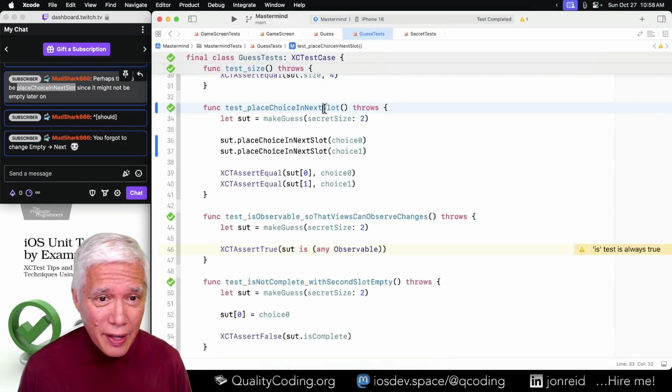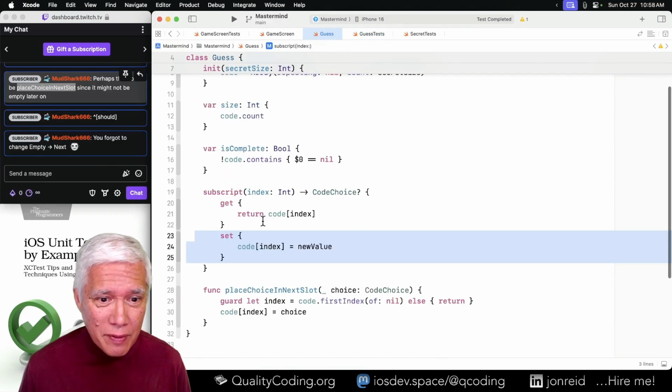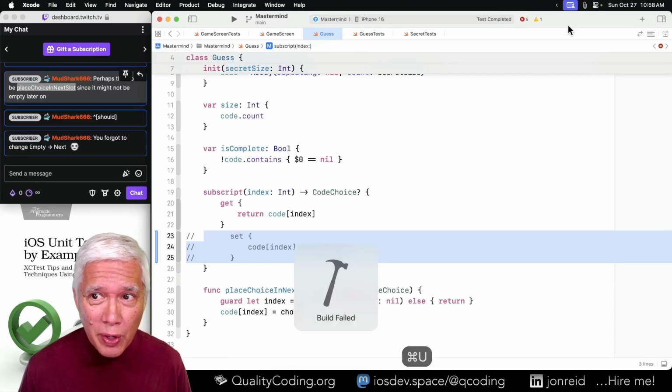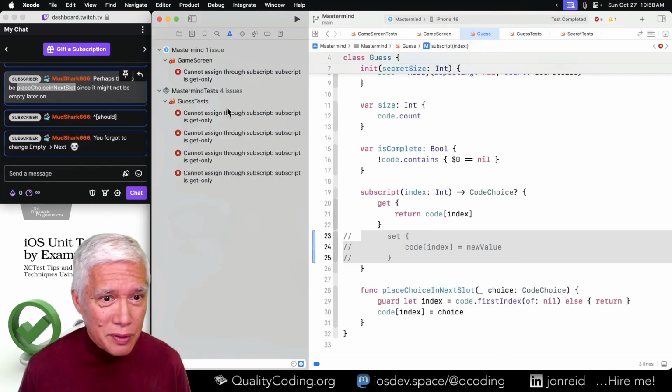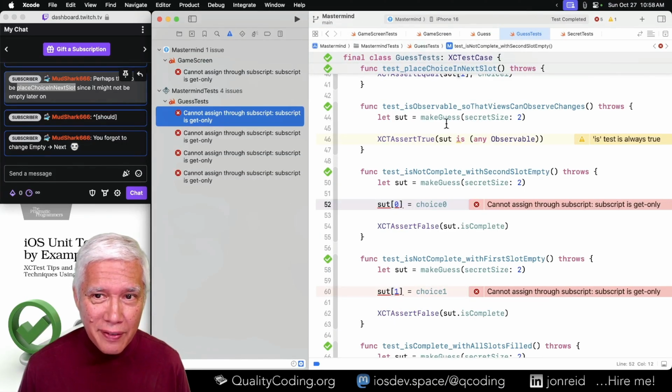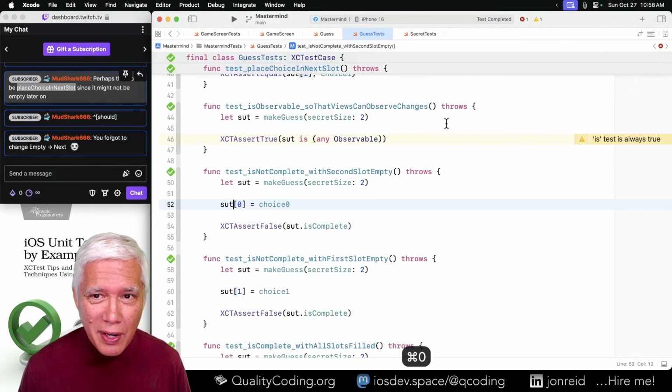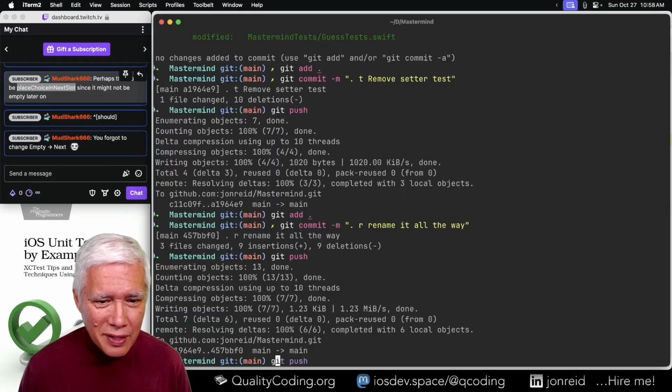Okay, now I think we have just one place that is using the setter, and that will be the one place we want to change. Whoops. Not quite. Almost there. Let's do this.